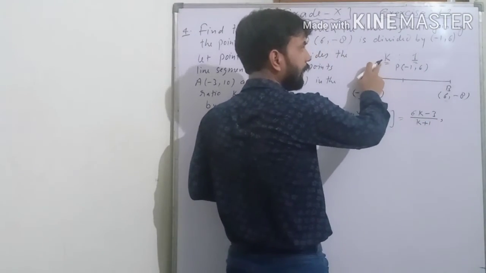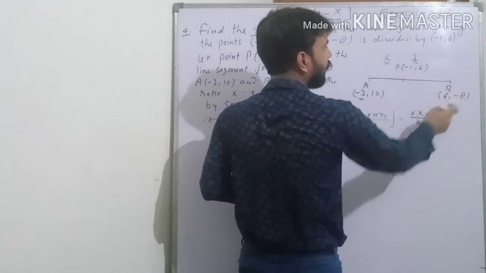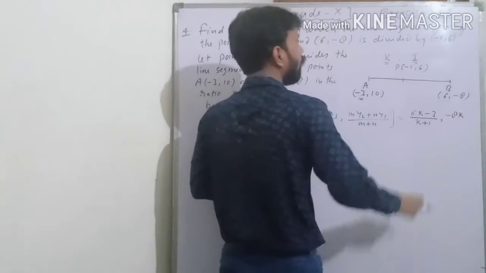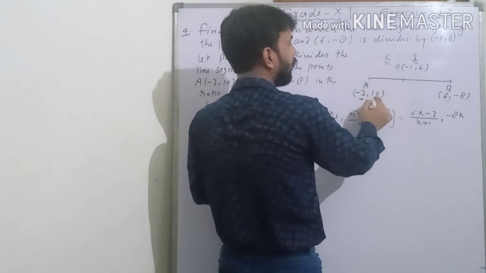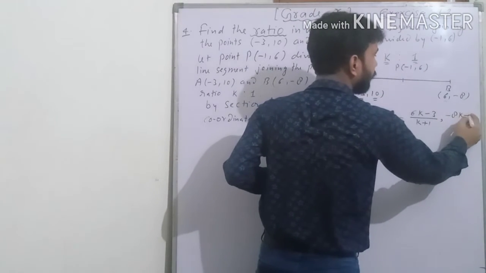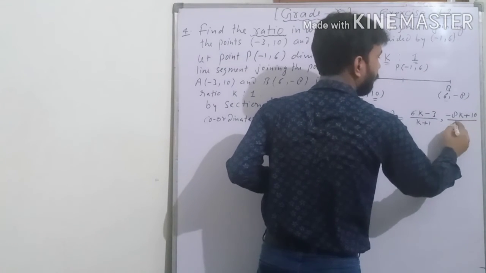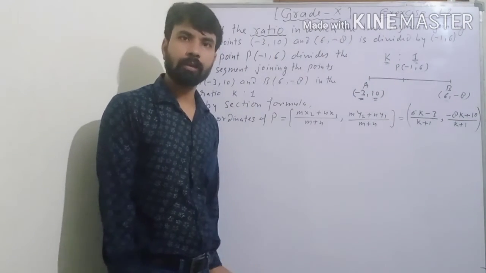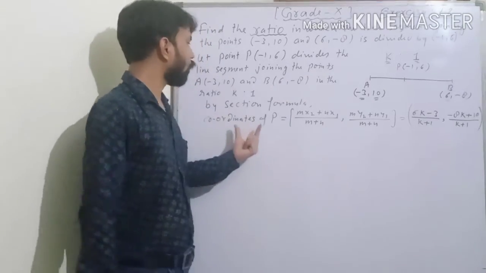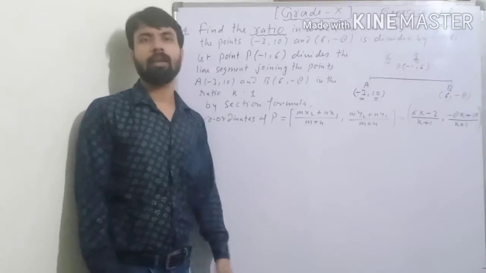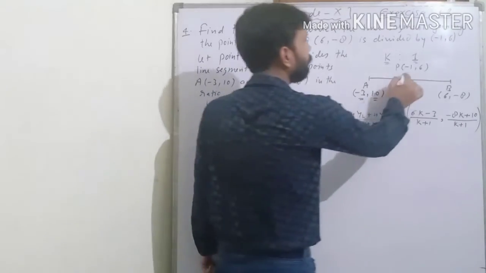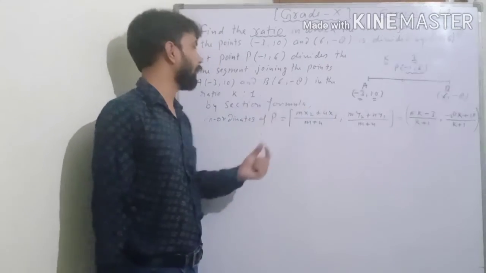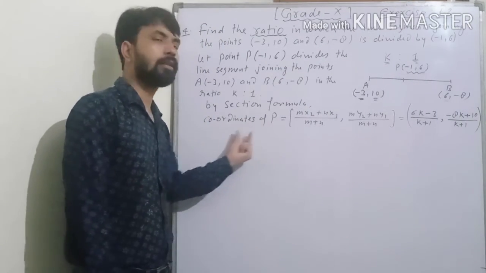This m is k. k is multiplied by y2. y2 is minus 8. So minus 8 into k you will get minus 8k. Or this 1 is multiplied by y1. y1 is 10. So 1 into 10 you will get 10, upon k plus 1. Is it clear? Any confusion? Good. But beta, the coordinates of P are already given in the question, that is minus 1, 6. Am I right? So we can substitute these coordinates here.